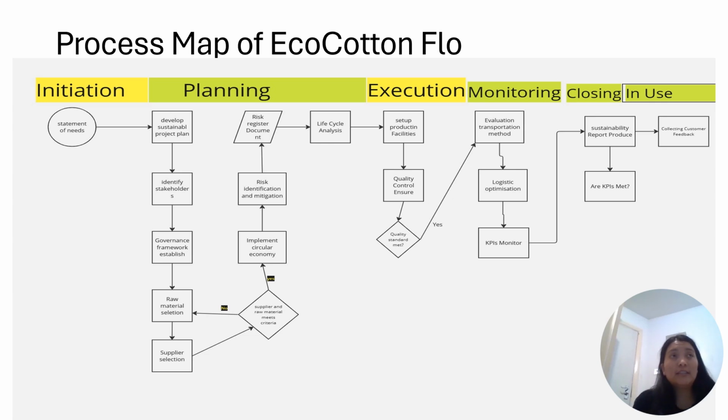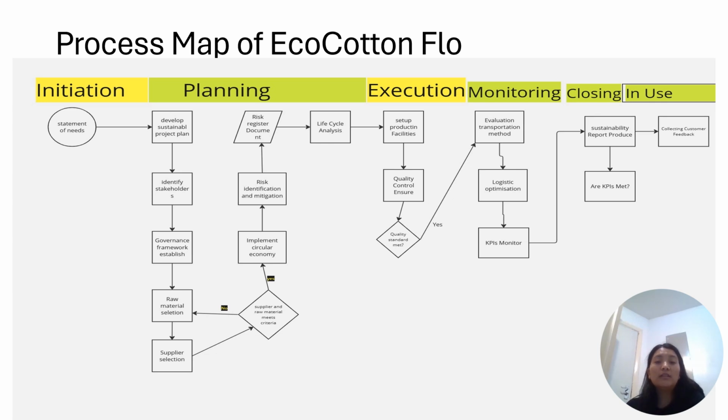Next step is decision step. In this step, we decide whether the EcoCotton Flo has made quality or not. If EcoCotton Flo has not made quality, then we need to move backward. But if quality control has made, then we need to